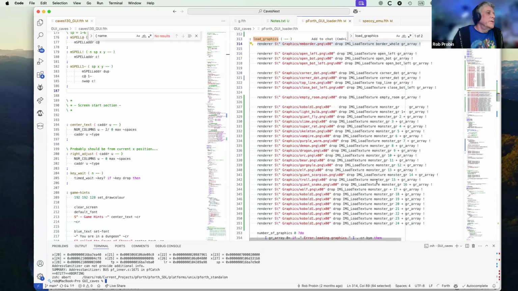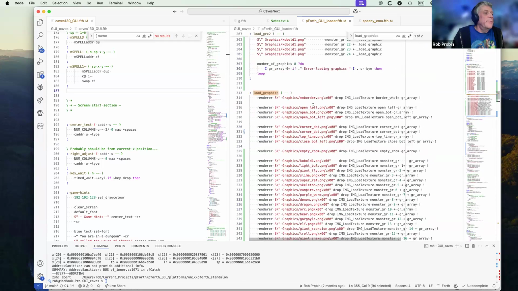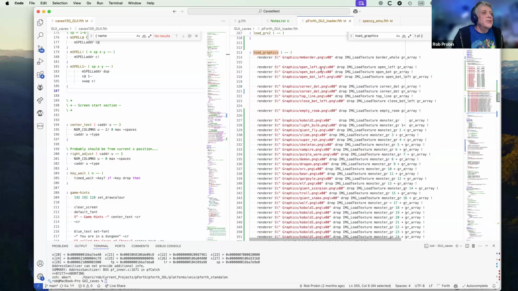So it does do a check at the end to make sure all the graphics are loaded, but my problem, I think, is that this code has just become unwieldy and needs refactoring. And I wish I'd thought of this problem, but Chuck Moore